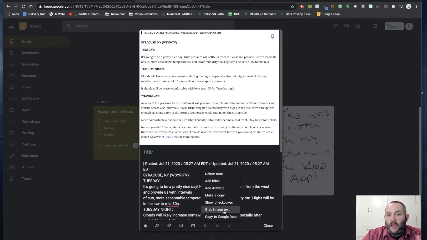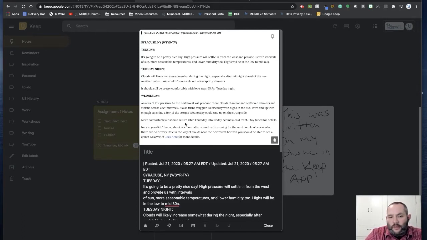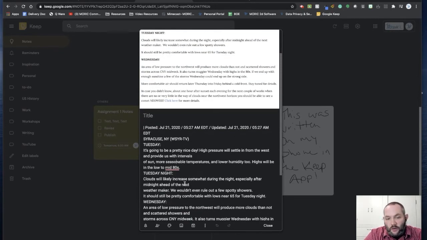So there's like an AI in the background that sees the images you're putting into Google Keep. If it recognizes that there's text in the image, you get this option in the More menu. And what that does is it inserts what it sees as text in the picture as editable text down below in the note. So now you have some text that you can quickly copy and paste out of, or I'll show you in a minute how to quickly get that into Google Docs.